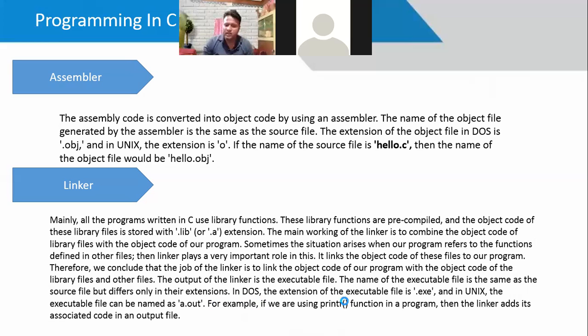The name of the executable file is same as the source file, but differs only in extension. In DOS, the executable file is called .exe, and in Unix, the executable file can be named a.out. For example, if we are using the printf function in a program, the linker adds the associated code in the output